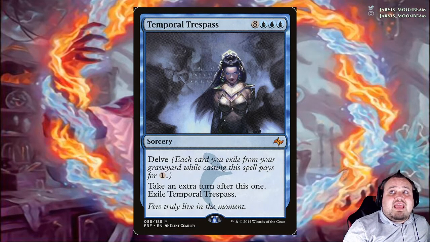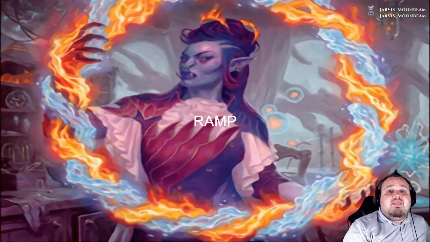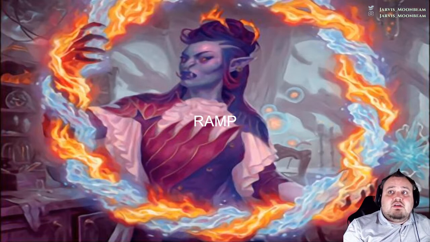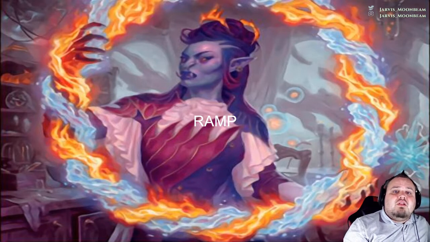Temporal Trespass, 8 blue blue blue. It has delve, so you can take an extra turn for possibly just 3 blue mana. And as you can tell, those extra turn spells are really expensive. So we have lots of different ways to ramp, either in traditional ramp, like Mana Rocks or Solemn Simulacrum, or